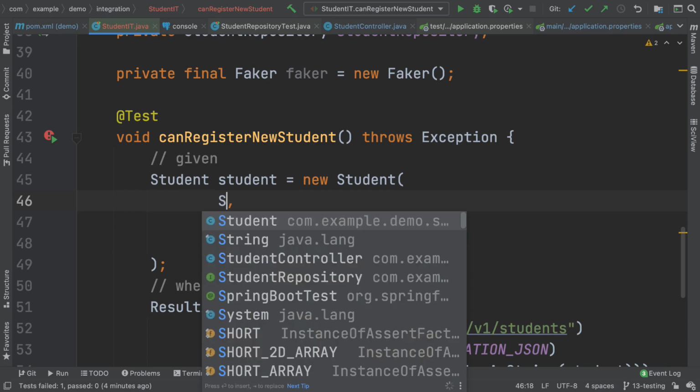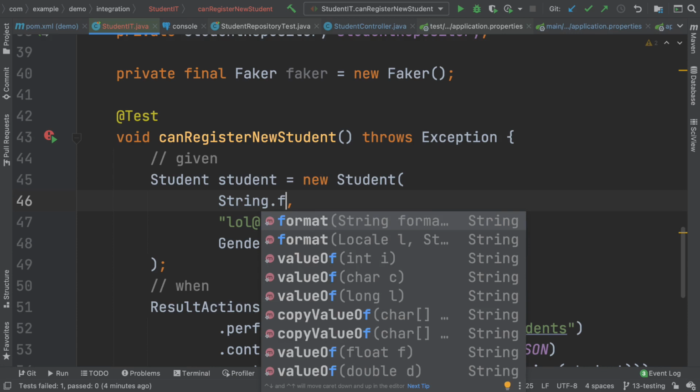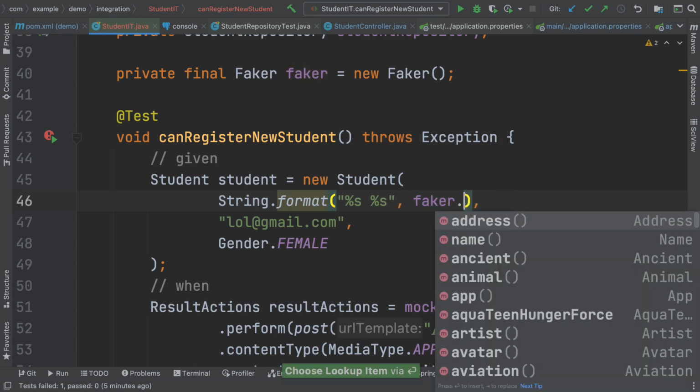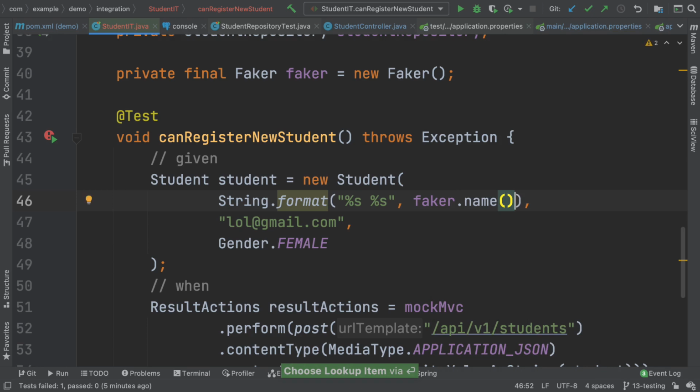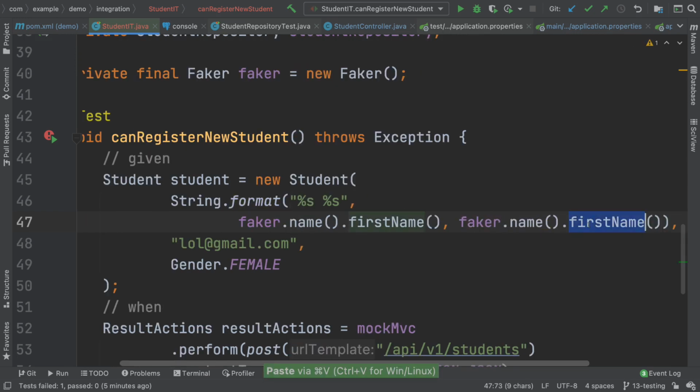So here I'm going to say String.format, and I want to have %s space and then %s, comma, and then I'm going to say faker.name().firstName(), and I also want to say faker and then give me last name. So here on a new line, and then comma, and then here last name, and put it